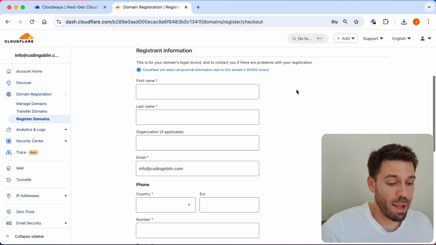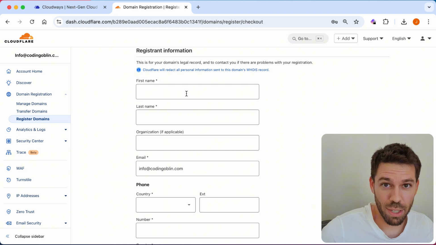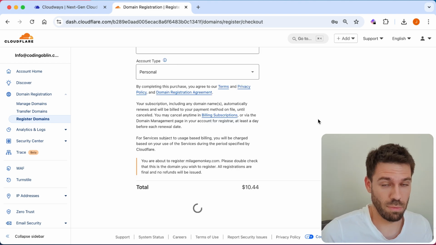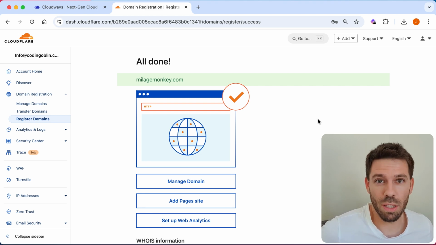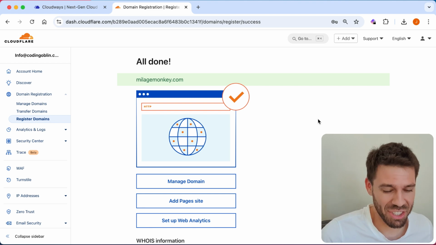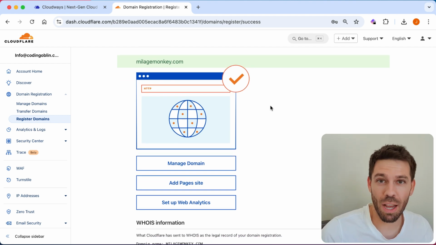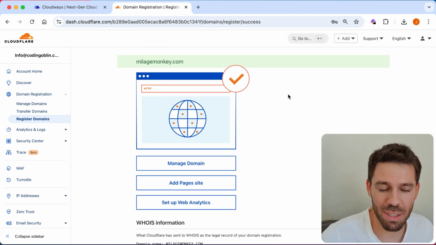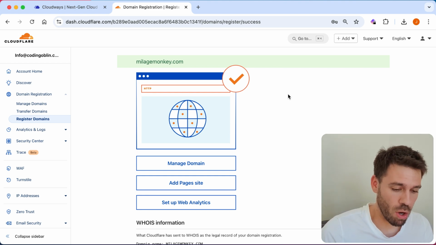Right, close your eyes because I'm going to put all my personal details in here. Okay, close your eyes. All done. I was just checking I spelled it right because I didn't actually double check that. I got a bit carried away. It's exciting buying domains, as a lot of you are aware. So we now own the domain